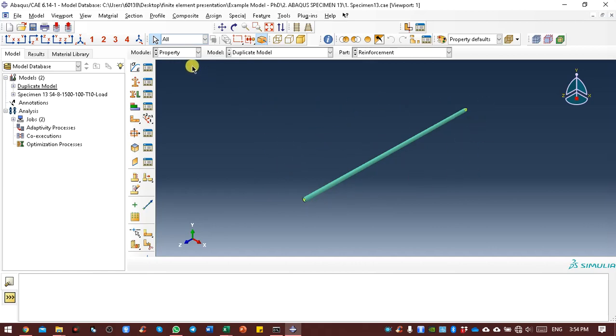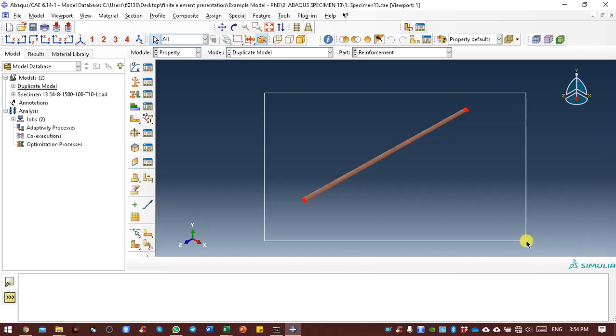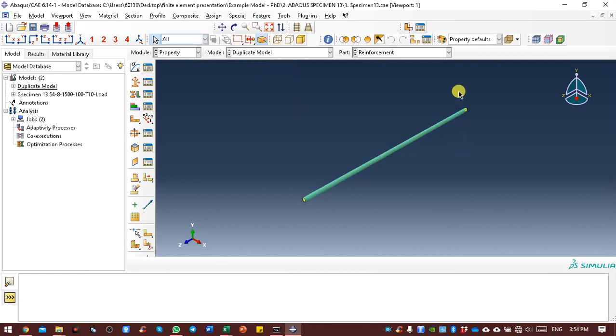Before you go to the assembly part, make sure the step you need to do is select this one. If there is any update, select this one and the feature, just regenerate. Anything that you update in your modeling will be updated in the final regenerate.